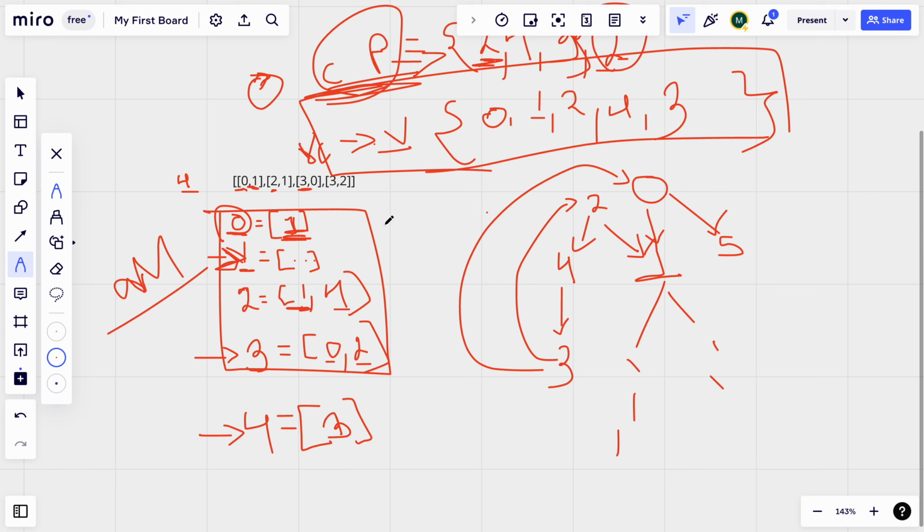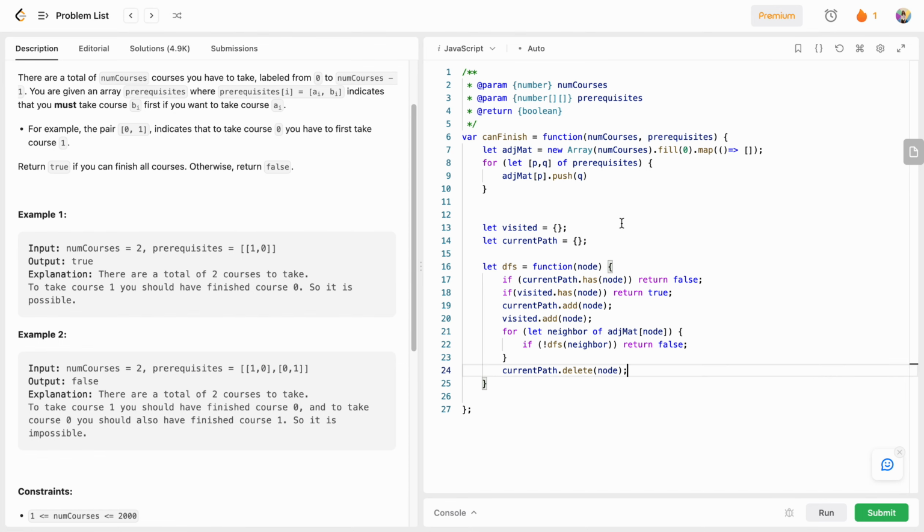So first we will traverse 0 and 1. From 0 we traverse 1, and from 1 we have nowhere to go. So next we traverse 5, right? So this will return true, and then once this has returned true, we traverse 5, and 5 also returns true, and then now it has nowhere to go. So yeah, we are actually going to delete from the path here, because